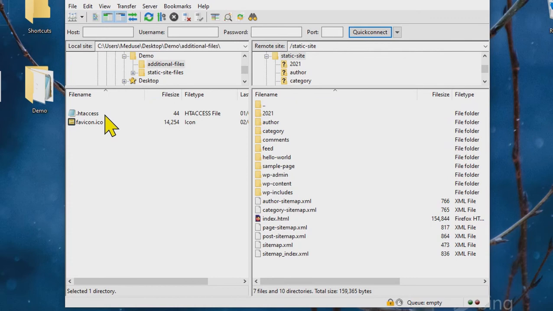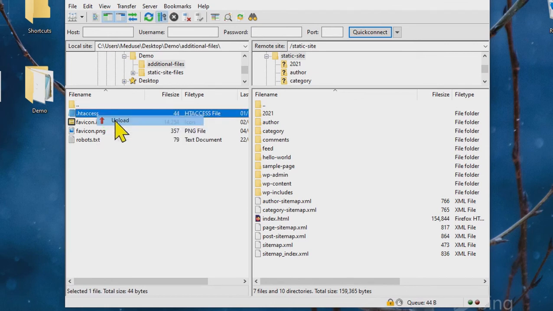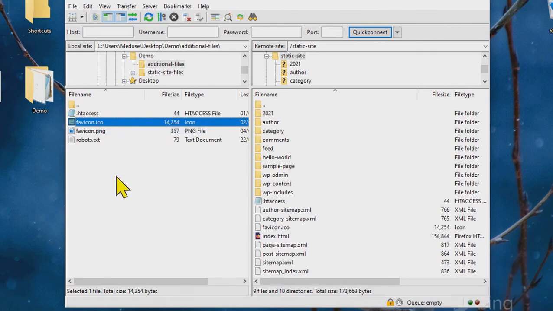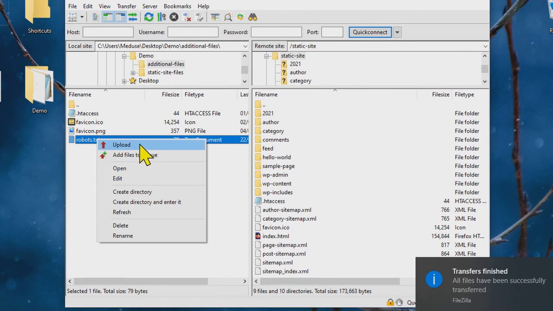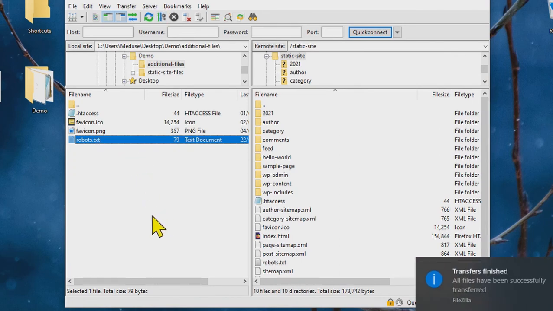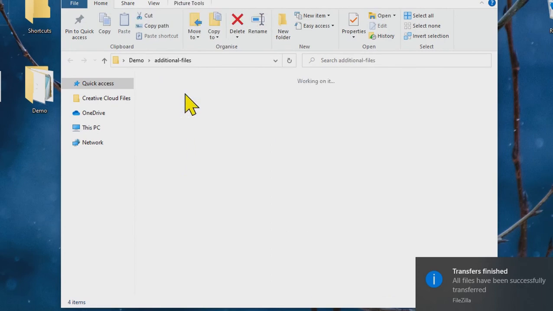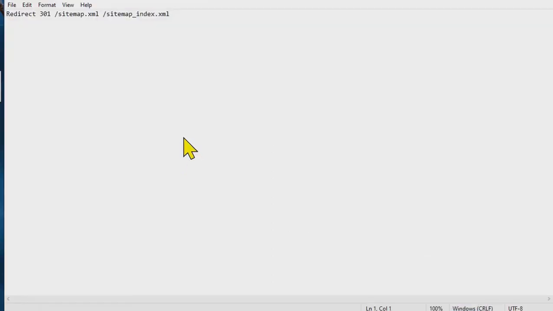We'll upload the following additional files: a favicon in 2 different formats, a robots.txt file for search engine crawlers, and a .htaccess file. The .htaccess file contains a redirect for our sitemap,